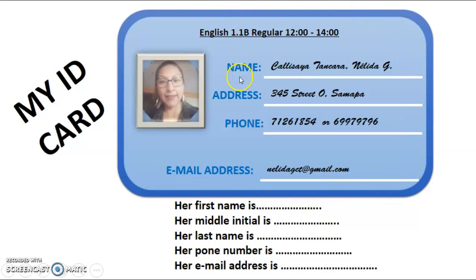We have name, address, phone, and email address. One more. Name, address, phone, email address. With this information,